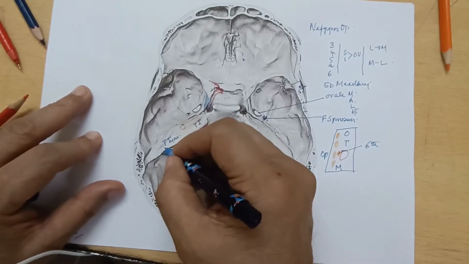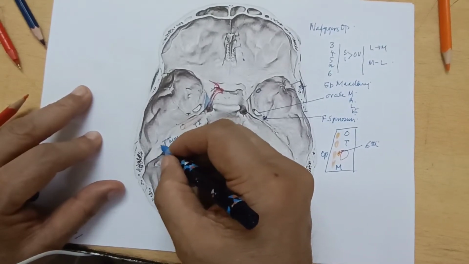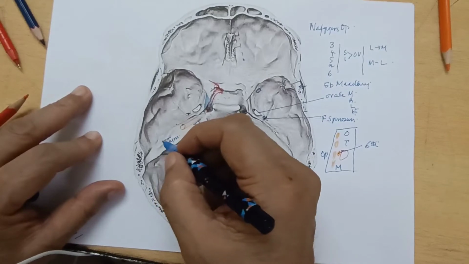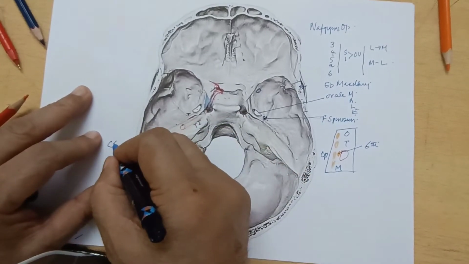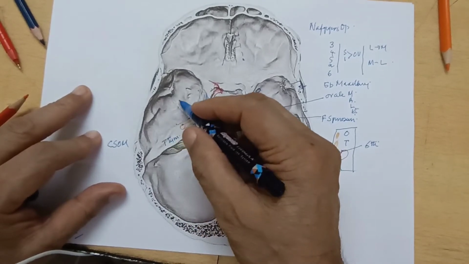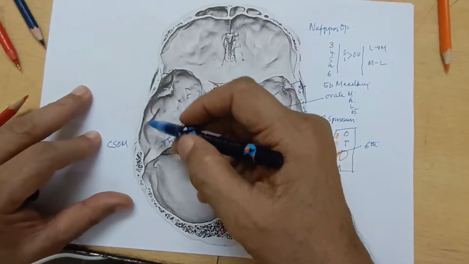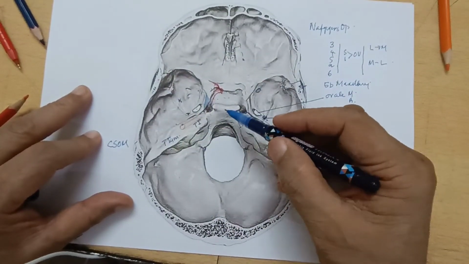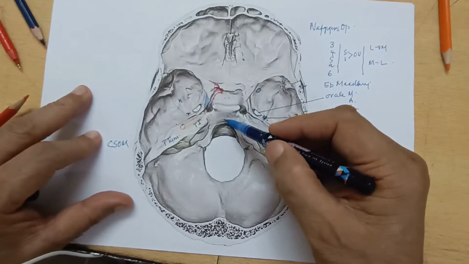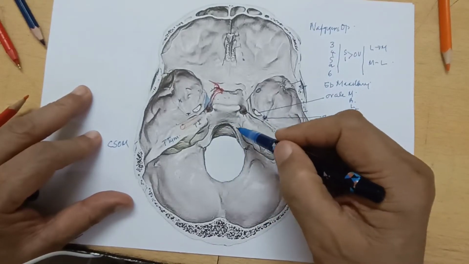That is called as mastoid antrum. Here it is filled. Mastoid antrum is filled with pus in chronic suppurative otitis media, and it ruptures through the tegmen tympani to cause a temporal lobe abscess. So this is about the middle cranial fossa. Here we go on to the posterior cranial fossa, which ends in this big foramen magnum.